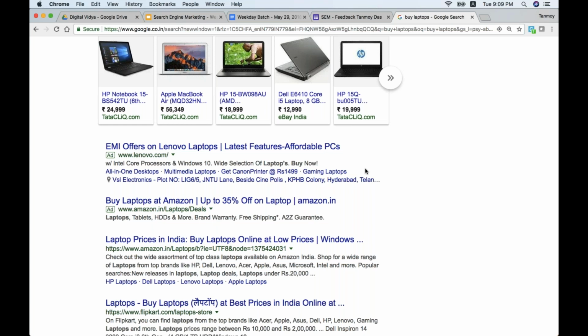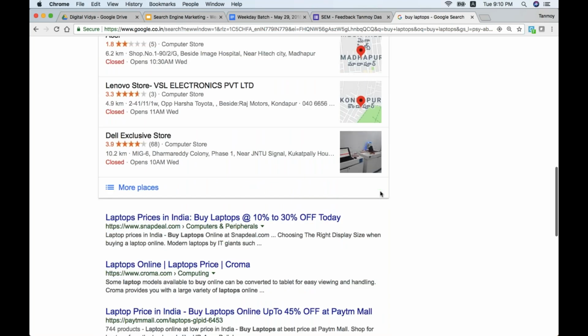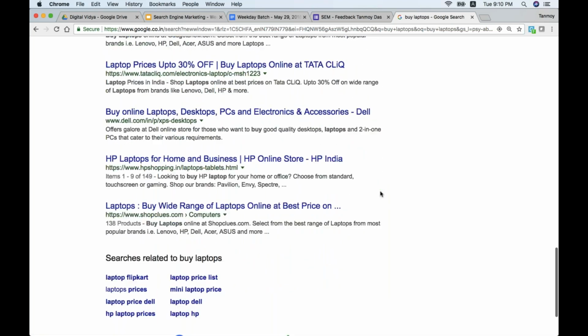I'm giving all-in-one desktops, multimedia laptops. I'm giving a Canon printer at 1499. Gaming laptops I'm also selling. So I'm giving you some extra information about the variety of products I have. Then in the fourth line I'm giving you my location as well. I'm telling you where the nearest location is where you can get this. So this is the kind of extra information we are talking about. Another example I can show you is,